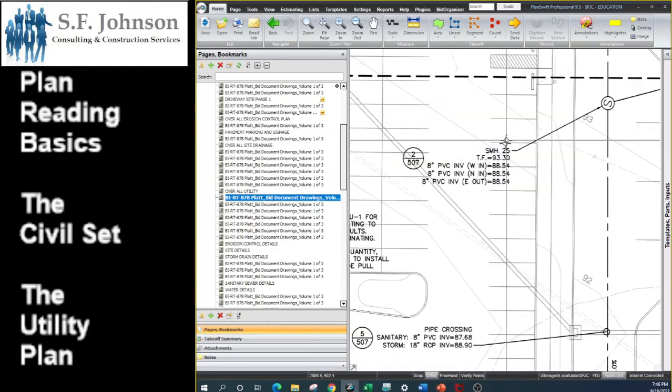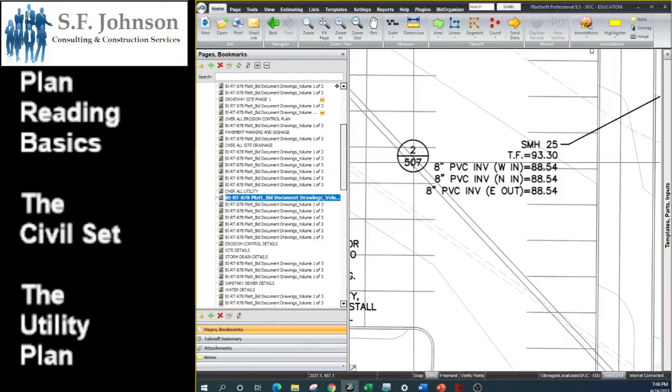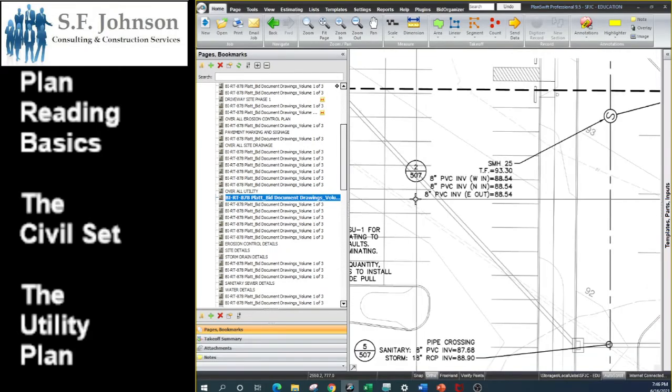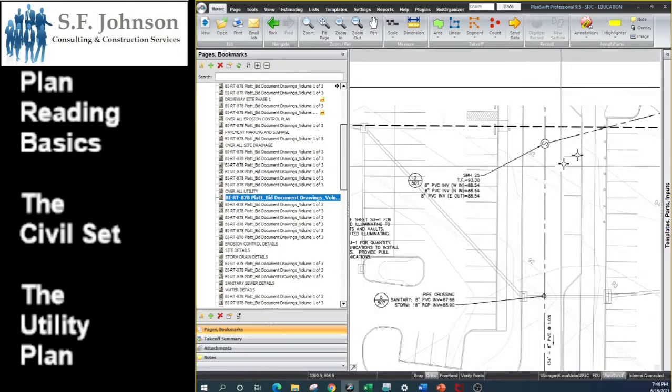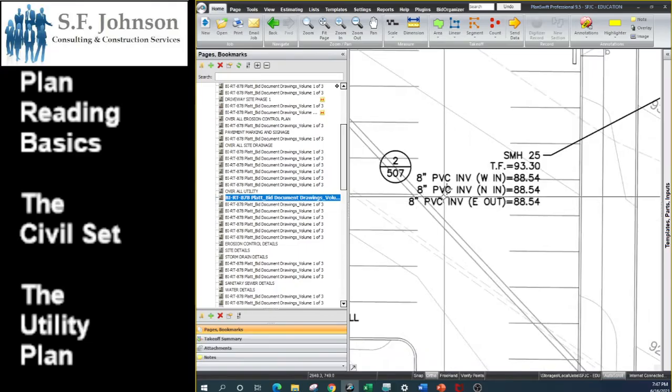Okay, that's a manhole, sanitary manhole, number 25. That's what that is, pointing to it. And so what is this? Okay, so we have 3 pipes, 1, 2, 3, coming out of the sanitary manhole. And so what this is telling us is the size of the pipe, 8-inch PVC, and this is giving us the